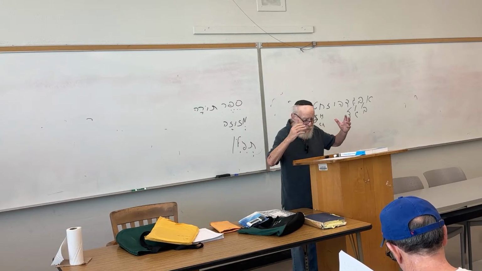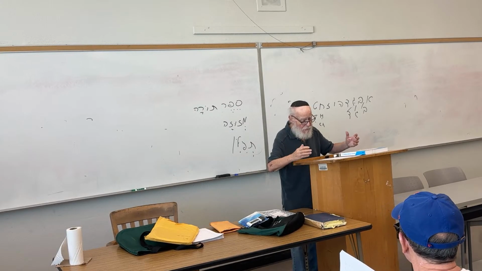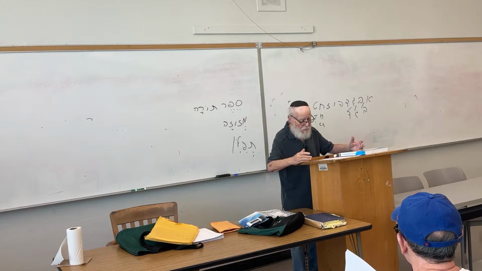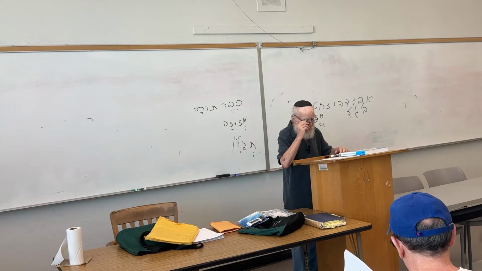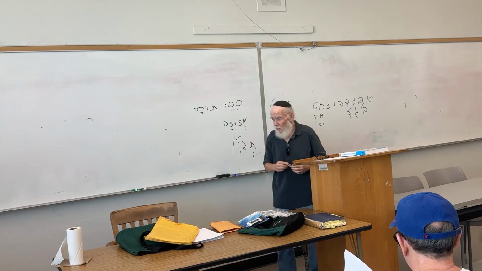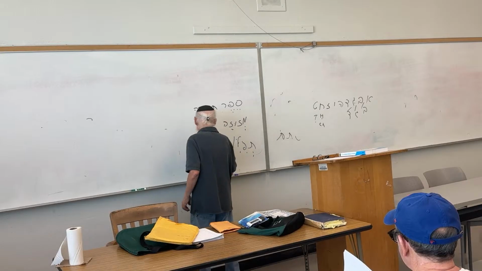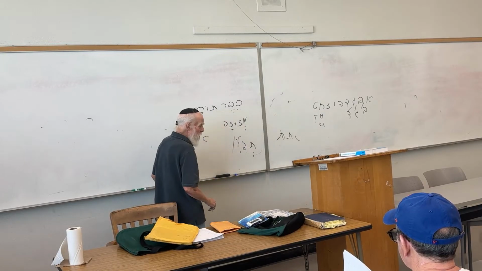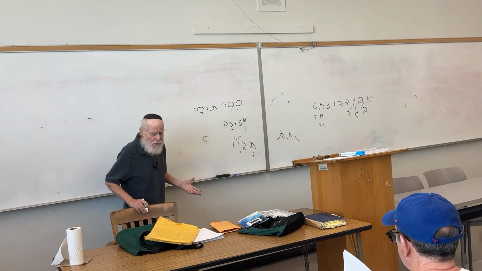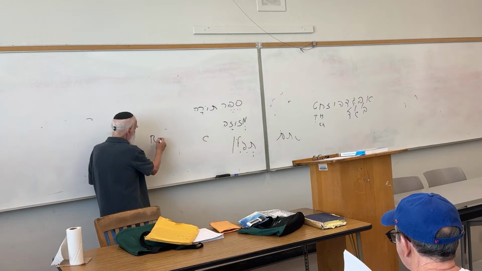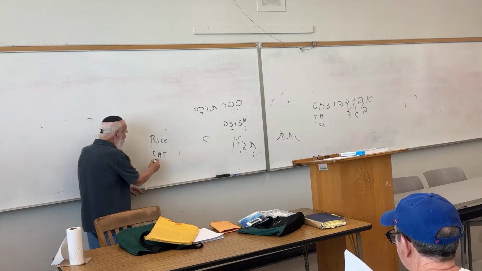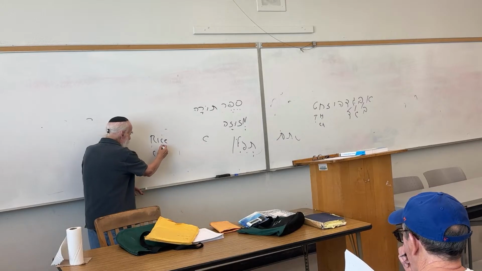That's part of language. Every language has a letter here and a letter there which is no longer distinguished. For example, if I take your letter C in English, it is the third letter of the alphabet, right? A, B, C. What sound does C have? If I have C in the word rice, it's an S sound. If I have C in the word cat, it's a K sound. There's no longer a distinguished sound for the C.